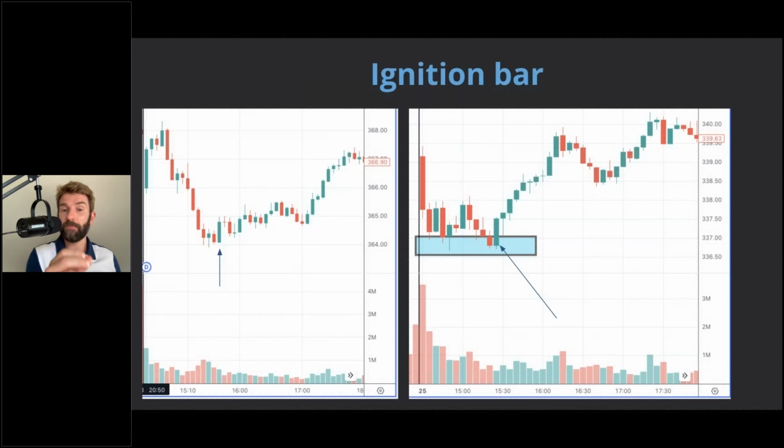Now, the good thing about the ignition bar is where would you put your stop? The obvious place is under that low. If you're buying on a close of highs after you've seen all the context line up, you can put a stop below the low. So it's a very easy way of quantifying the trade without thinking about where should my stop be. Because the thesis is that, number one, this level is going to hold. Number two, that ignition bar is the start of a buying frenzy. So really, if it comes back below that low, I'm wrong. The thesis is wrong. And the whole point of a stop loss is to put the stop somewhere where the thesis is incorrect, right? That's all we're trying to do. And so under that ignition bar is a great place to put it.